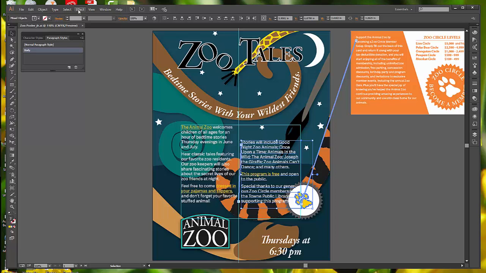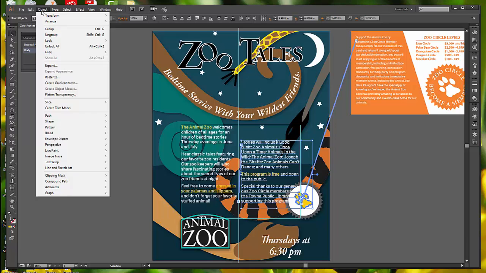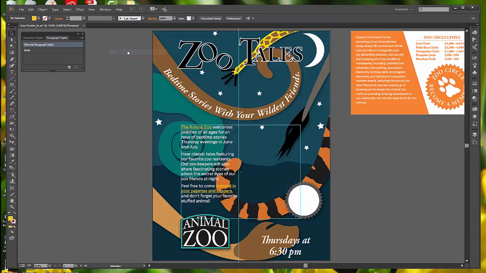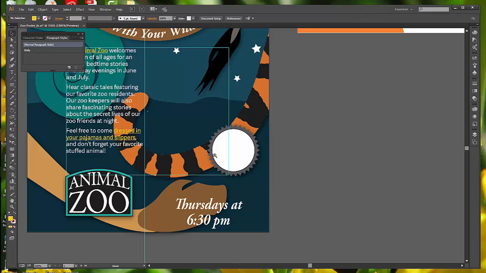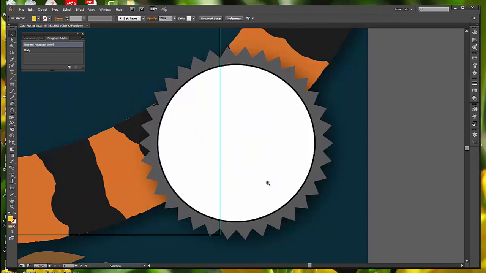So that's selected. We're going to go to Object, and we're going to hide the selection. Now that being done, we want to zoom in on that circle, and we are going to select the Type tool and position the pointer over the edge of the white circle. So just pick up your Type tool and go over the edge of the white circle,